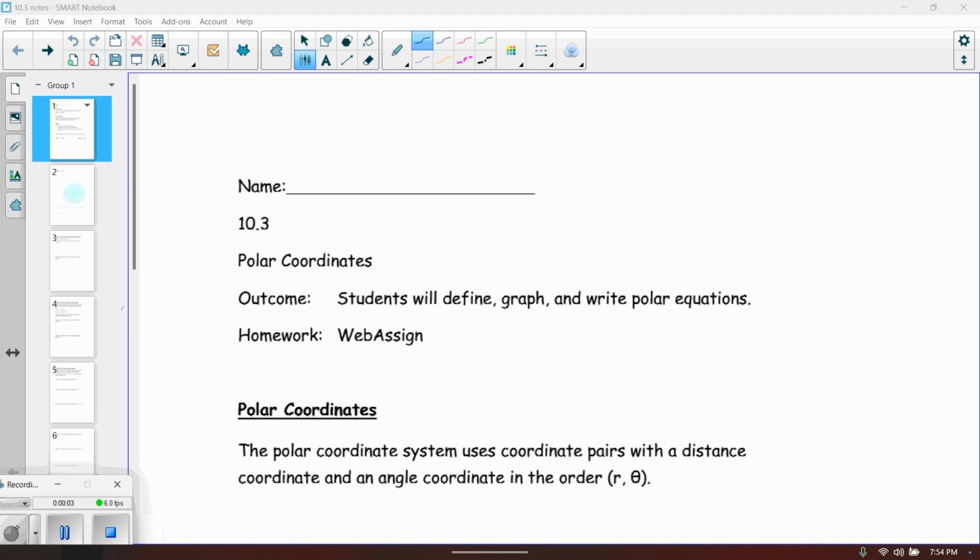Okay, so this is section 10.3. We're now going to get into our polar coordinates portion of this chapter. Really, polar coordinates are kind of just an extension of parametrics, and hopefully you'll see what I mean when we get to it. But the general idea behind polar coordinates is that it's just another way of getting to certain